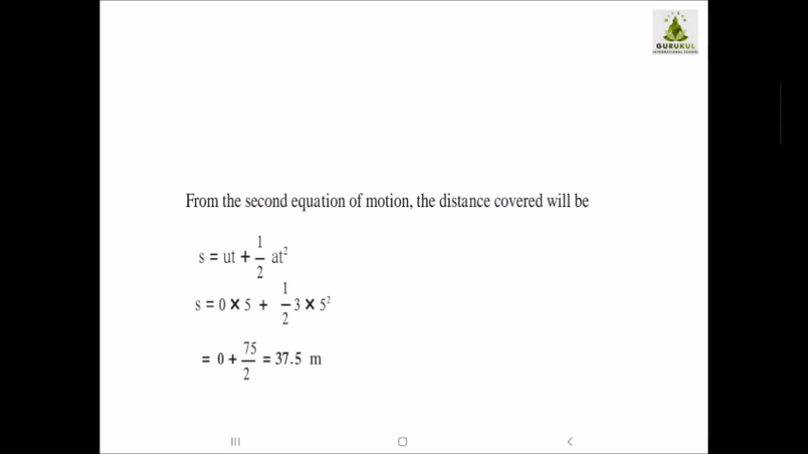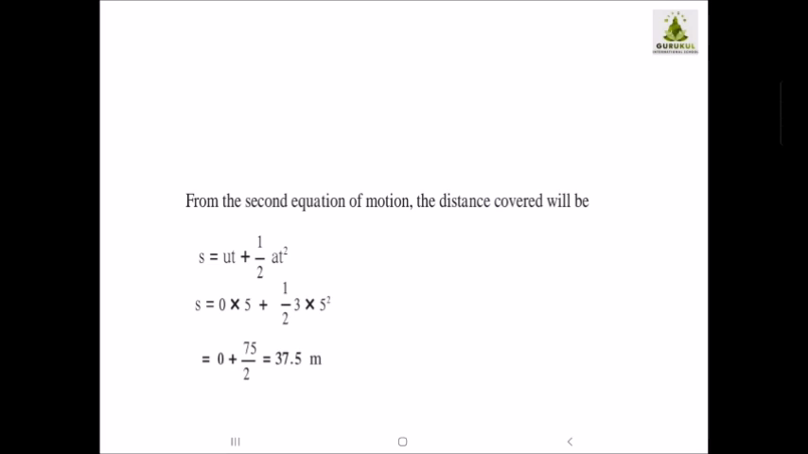Then from the second equation of motion, the distance covered will be s is equal to ut plus 1/2 at square. So s is equal to u, instead of u I am putting here 0 because initial velocity was 0. So 0 multiplied by 5 plus 1/2, 3 multiplied by 5 square. So 0 multiplied by 5, I am getting 0. And then 5 square multiplied by 3 divided by 2. So sorry, 5 square, 25. 25 multiplied by 3, 75. And 75 divided by 2, you are getting the answer